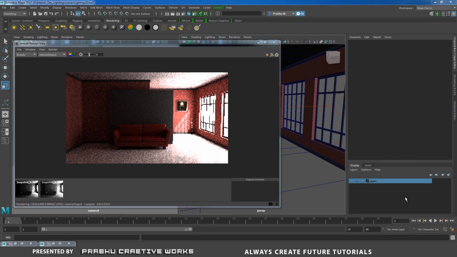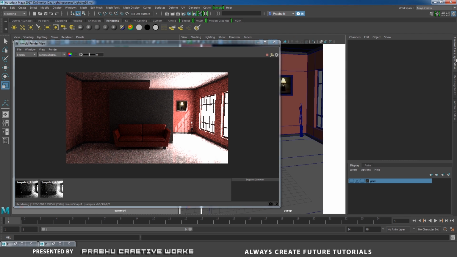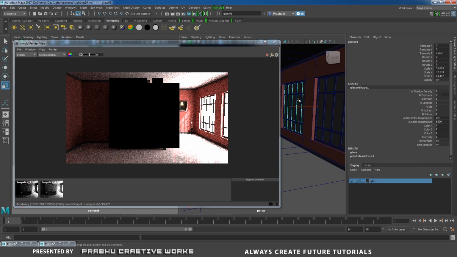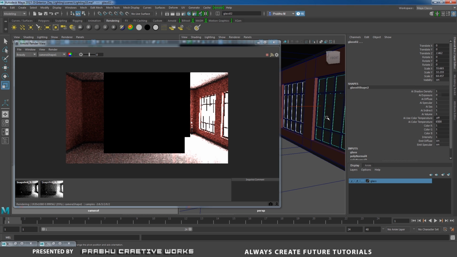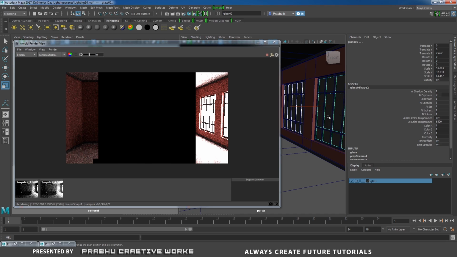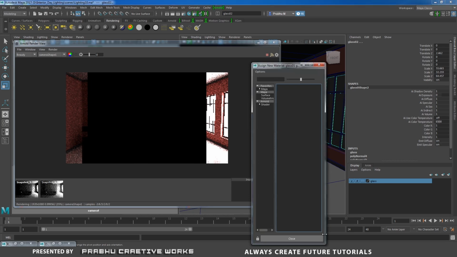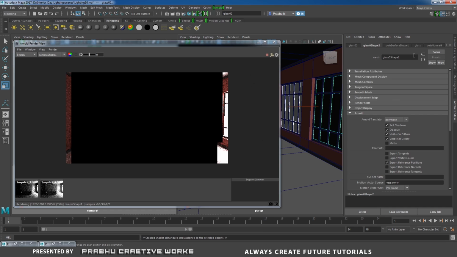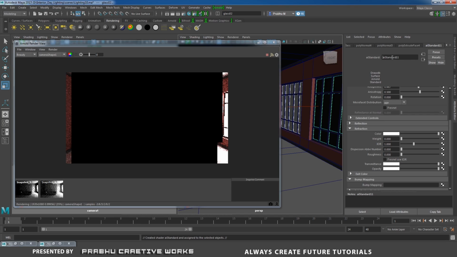Okay, here we forgot one thing, the glass. So go to channel box and layer editor and turn on this glass. When you enable the glass, all the lighting will be blocked over here. So select both of these glass materials and right click and choose assign new material and choose Arnold AI Standard. And rename this standard material as glass